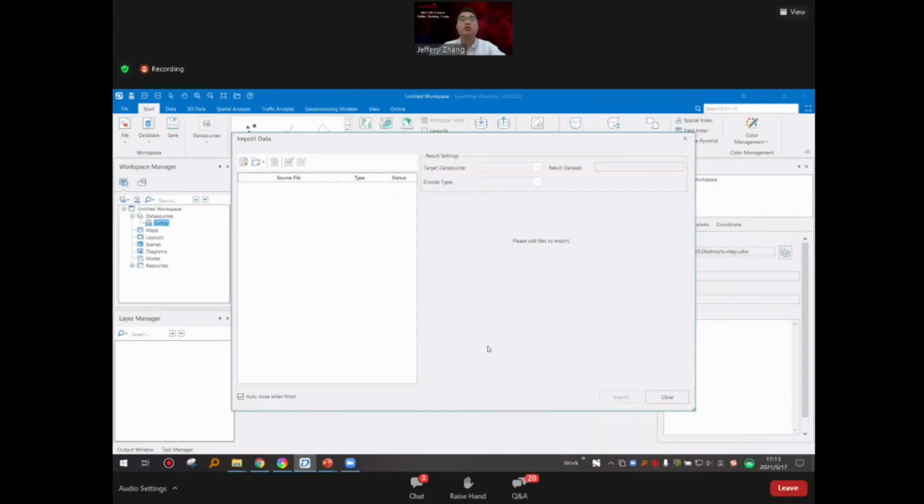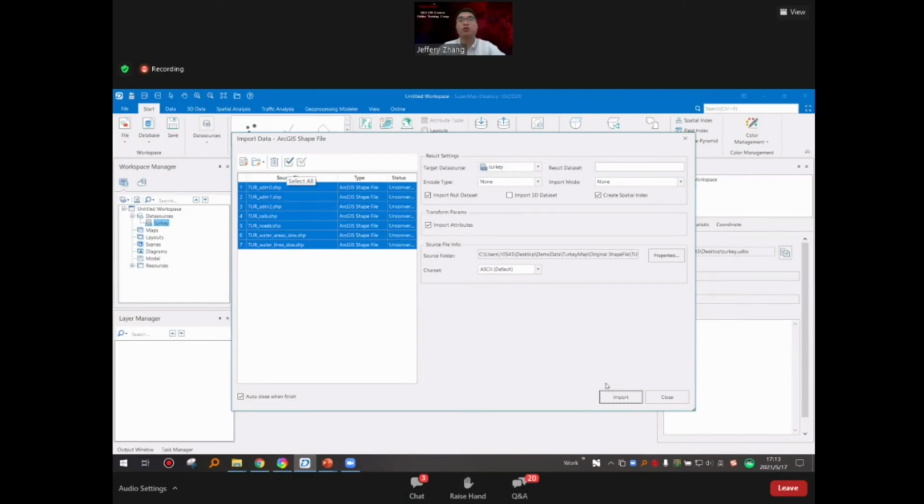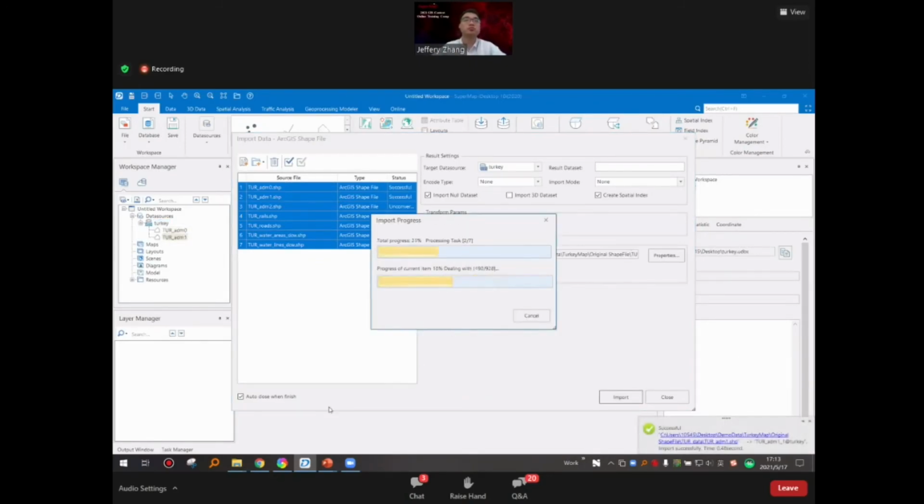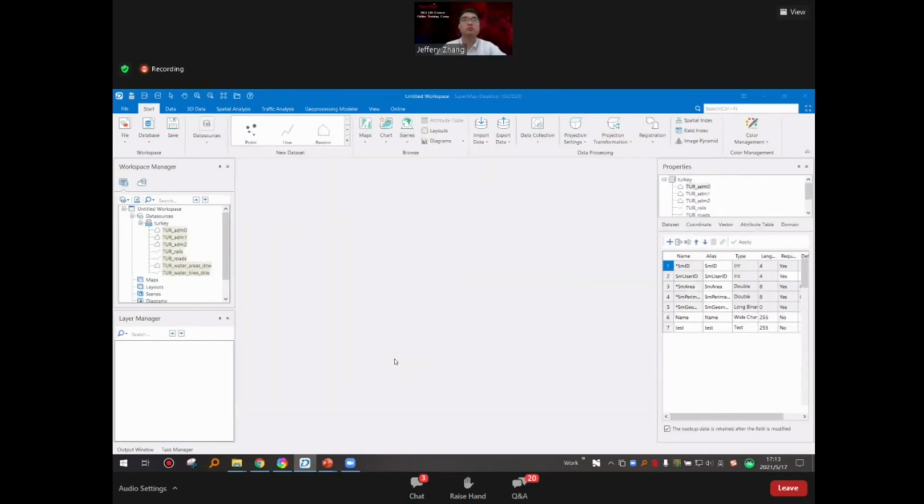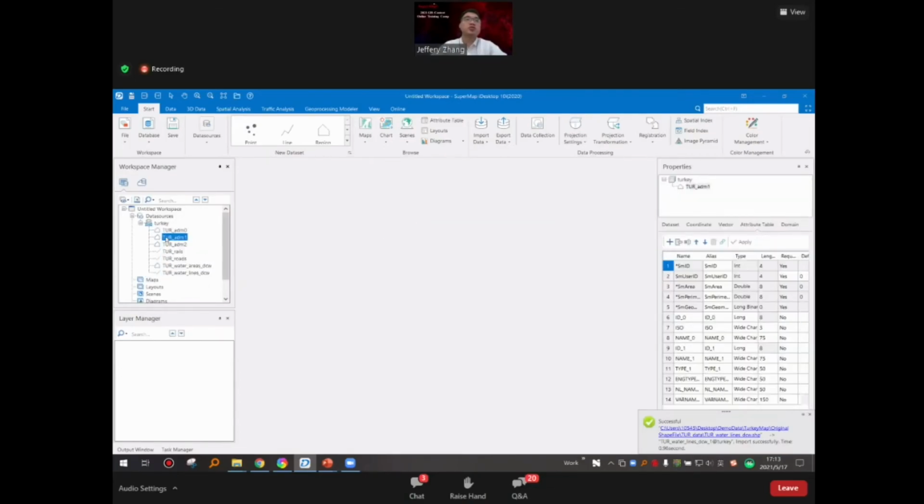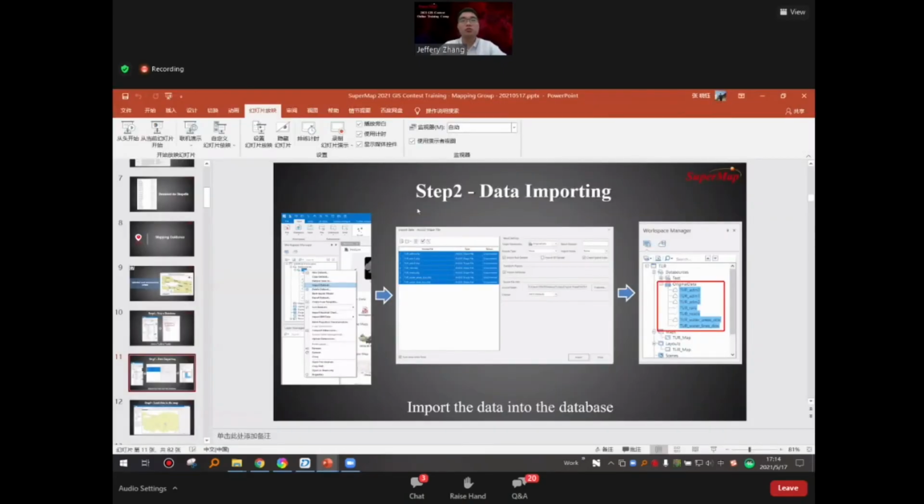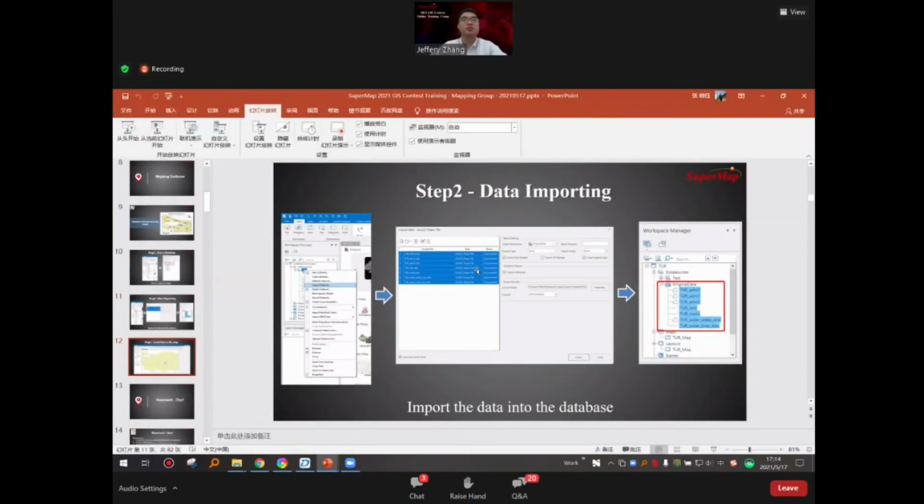Select all and input. So this is all the shapefiles that we input. So this is step 2. And step 3,